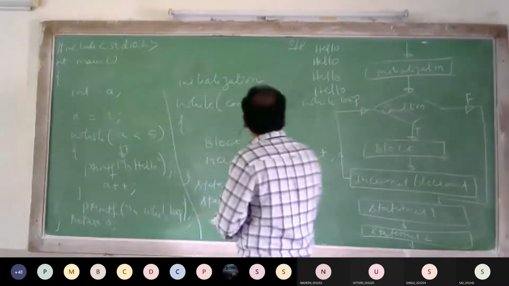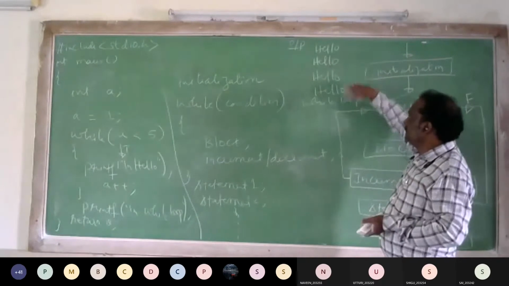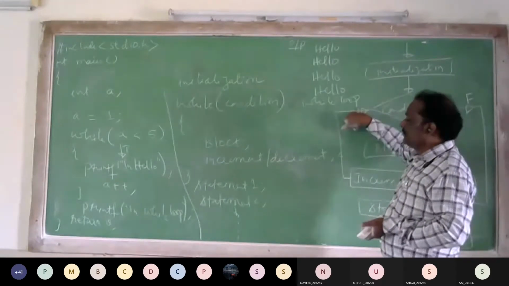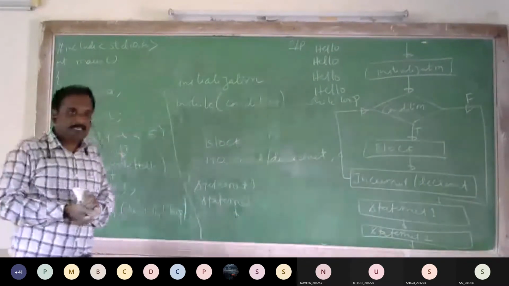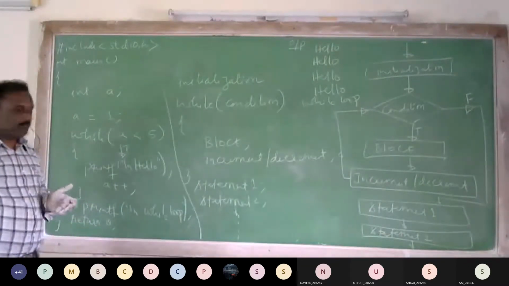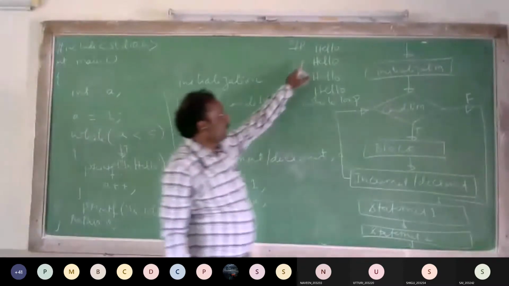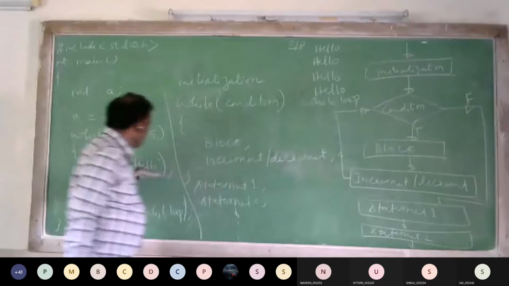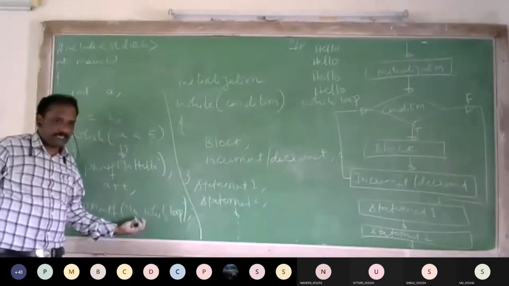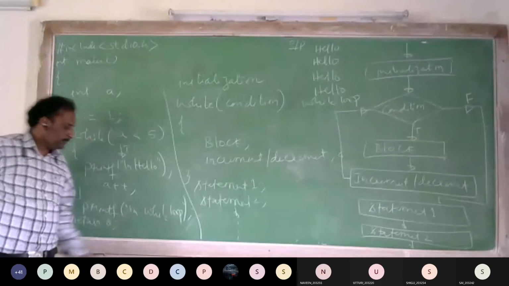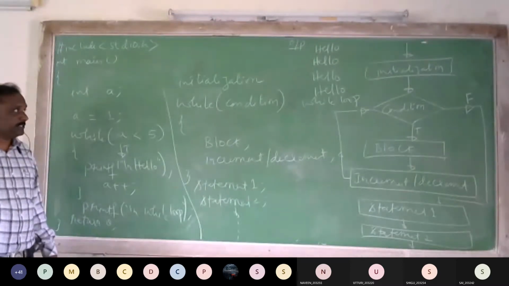So by that time the output on the screen we will see is hello and while loop. So loop control structures are used for executing a set of statements more than one time. So here this hello statement is executed 4 times, more than one. When the condition is false, then only you are coming outside. Then it will print while loop. If any more statements are there, it will print remaining statements also.